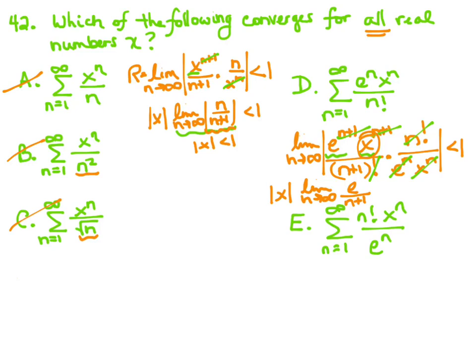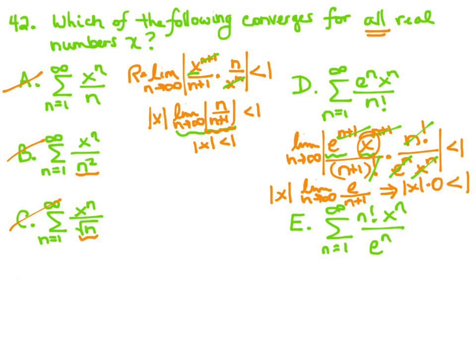Now, this is a little bit tricky because we see e, and I think we naturally want to think that's e to the x or e to the n there in the numerator, which would mean that this limit here would go to infinity because the numerator would be growing much faster than the denominator. However, this is just e in the numerator. It's just a constant over n plus 1. So the denominator is going to grow much faster, which gives us a limit that is